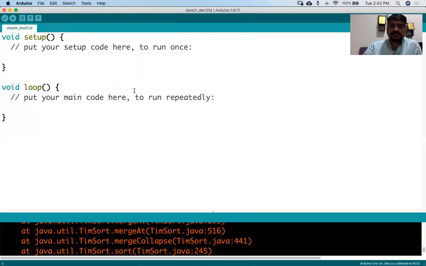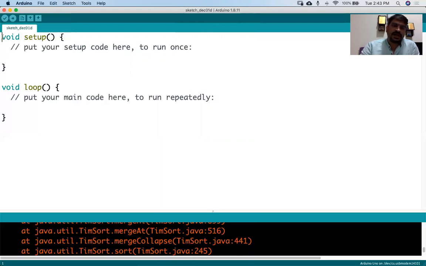In the Arduino program, every program that we write has the extension .ino, like the last three letters of Arduino, right? .ino. So Arduino is spelled A-R-D-U-I-N-O, right? So .ino is the extension of every program that we write here.